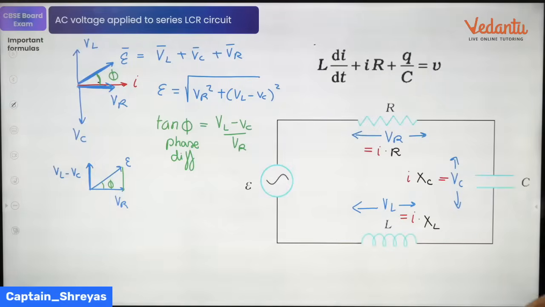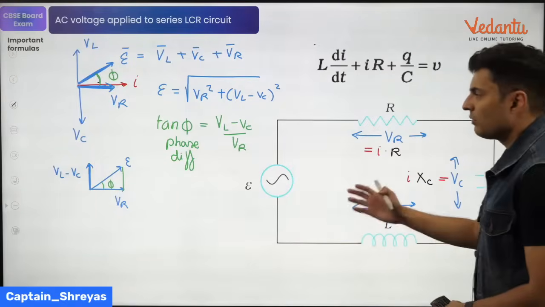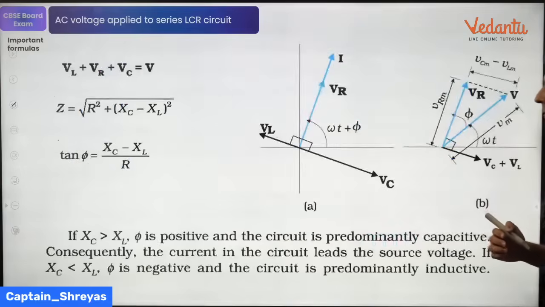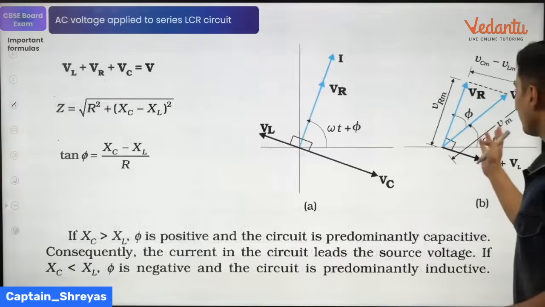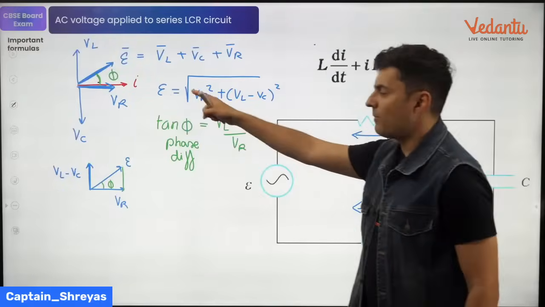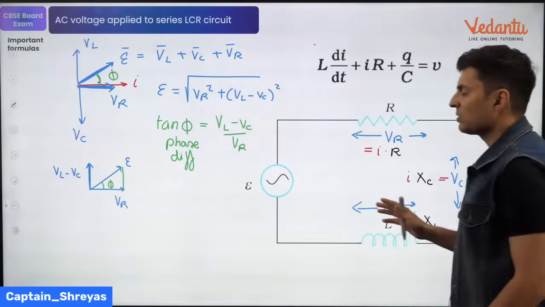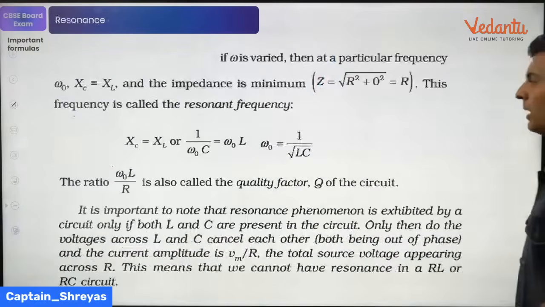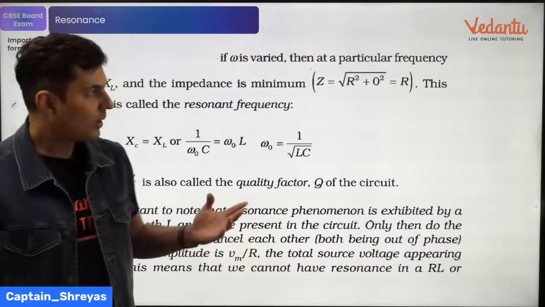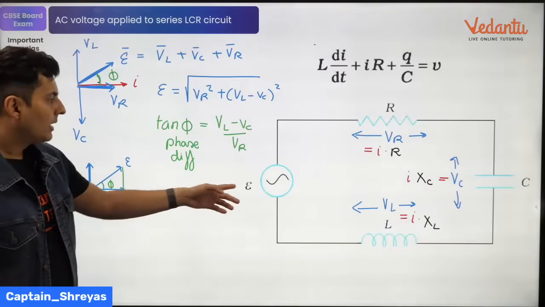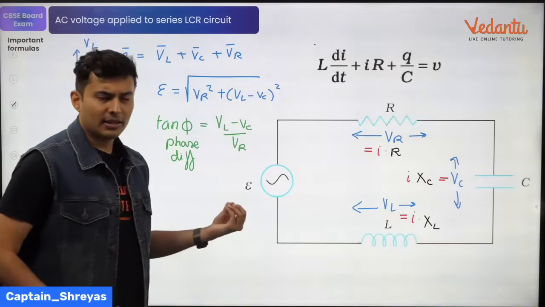So these are the main formulas which you should know in AC circuits for LCR series. I've put up all these things over here as well. The other diagrams look very confusing, but if you go by my diagram, it will look easy and you'll get marks also, don't worry. Now, there is a special case where you calculate the current in the circuit and you